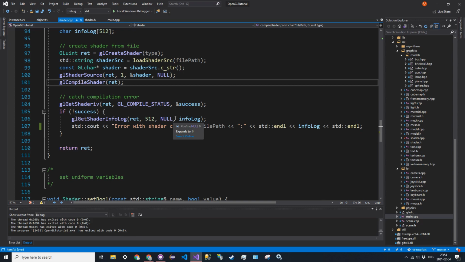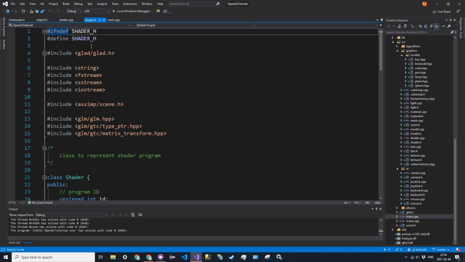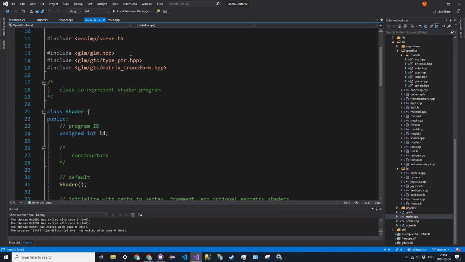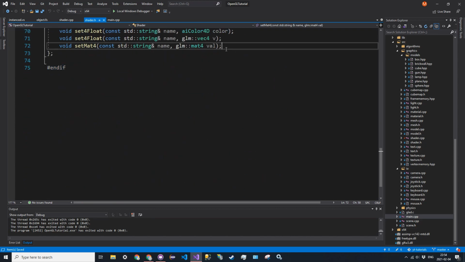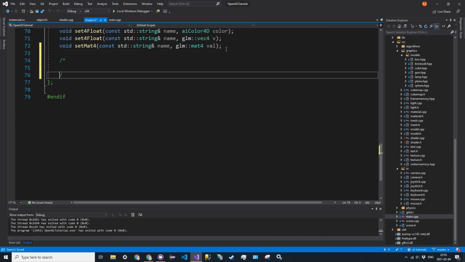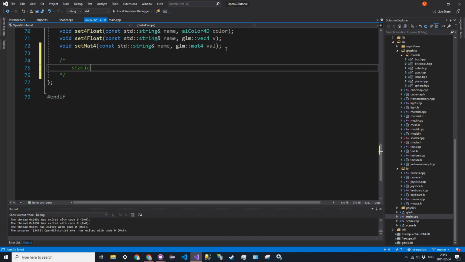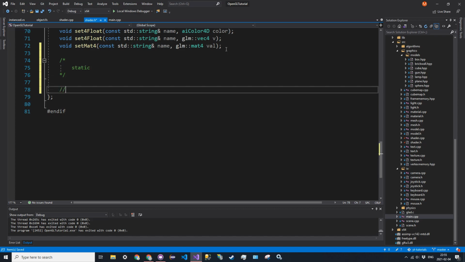All right. The next two things that we're going to look at are going to be default values for a shader. So we'll start with something a little simple. It's going to be just a default shader directory. So it's going to be in the shader header file. I'm going to go to the bottom here. We're going to have static values here. So it's going to be the default directory containing